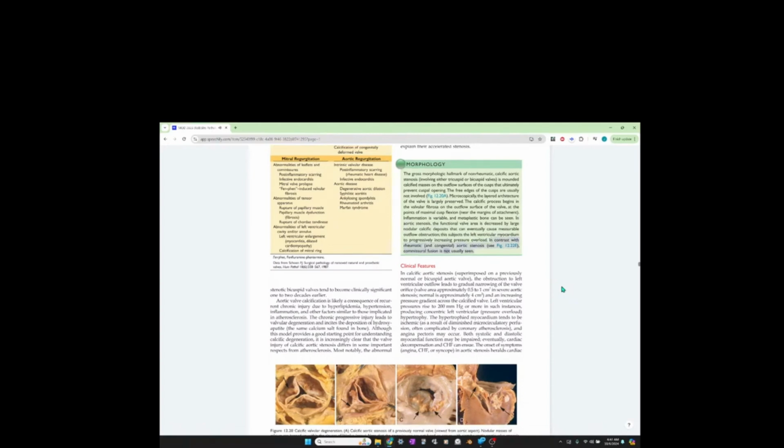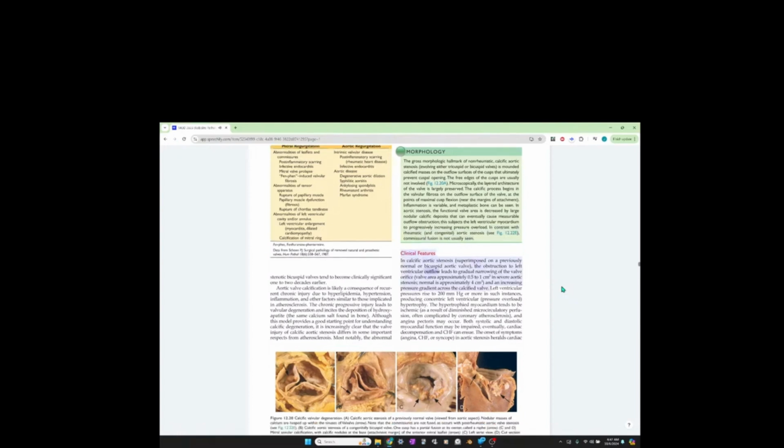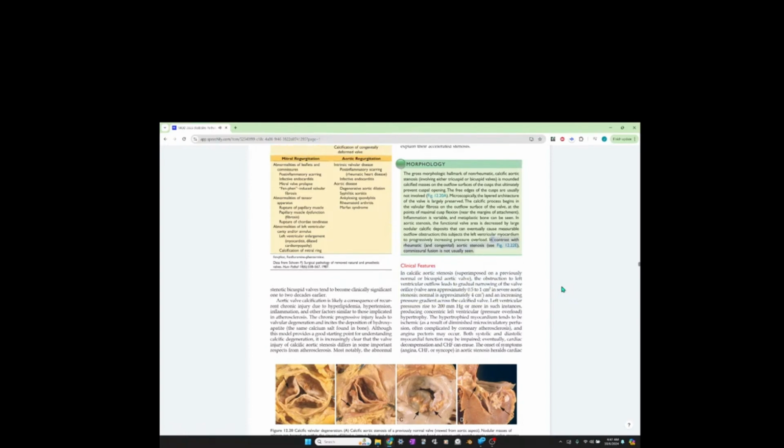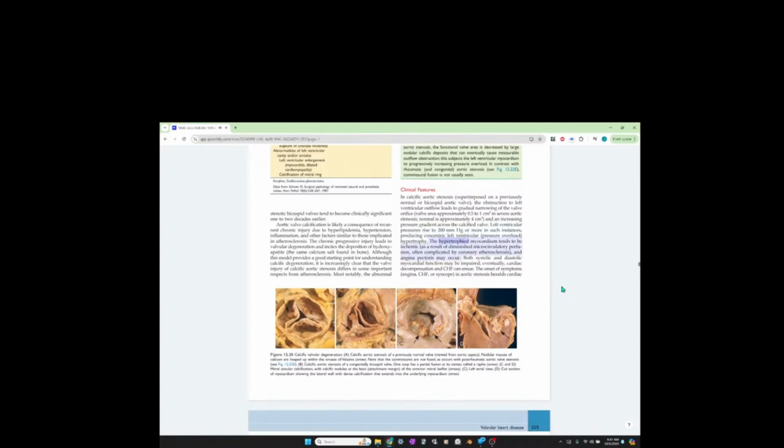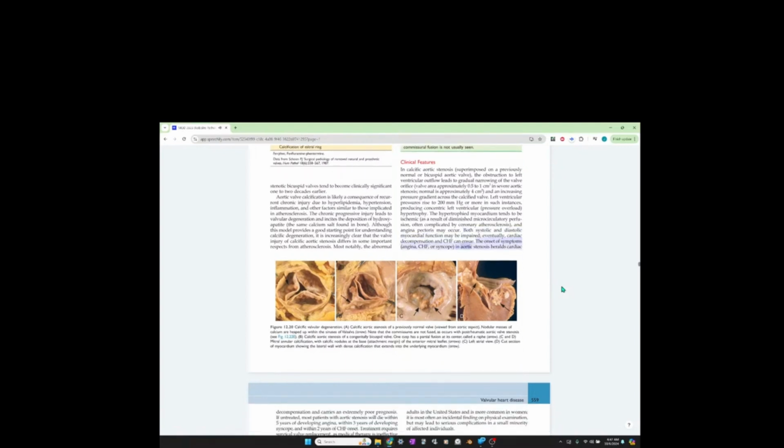Clinical features in calcific aortic stenosis. The obstruction of the left ventricular outflow leads to gradual narrowing of the valve orifice and an increasing pressure gradient across the calcified valve. Left ventricular pressures rise to 200 mmHg or more in such instances, producing concentric left ventricular hypertrophy. The hypertrophied myocardium tends to be ischemic, and angina pectoris may occur. Both systolic and diastolic myocardial function may be impaired. Eventually, cardiac decompensation and CHF can ensue. The onset of symptoms in aortic stenosis heralds cardiac